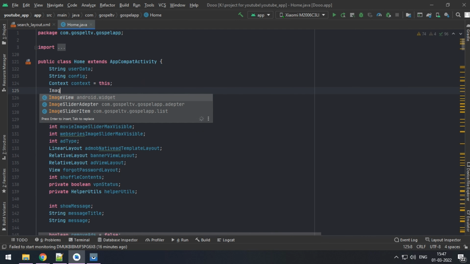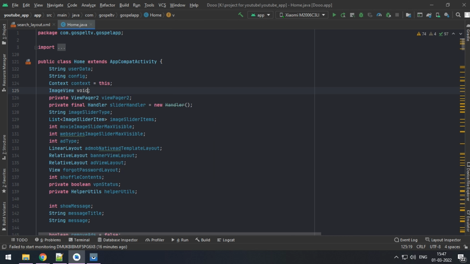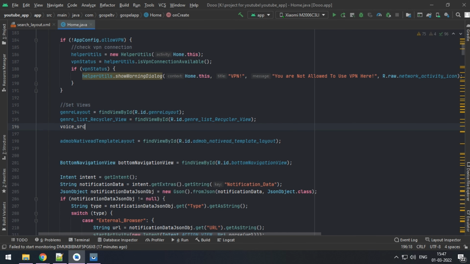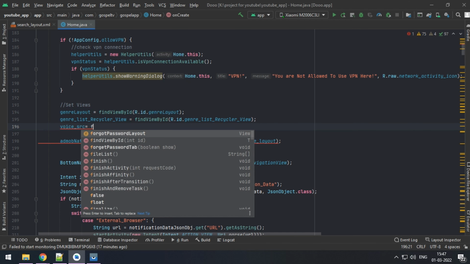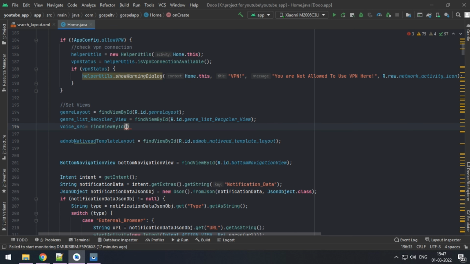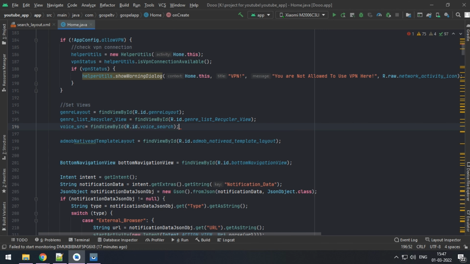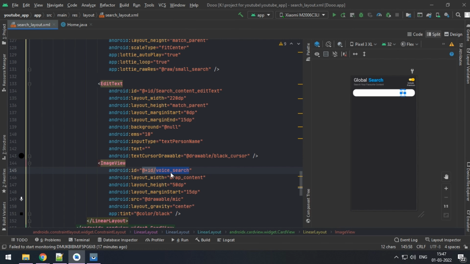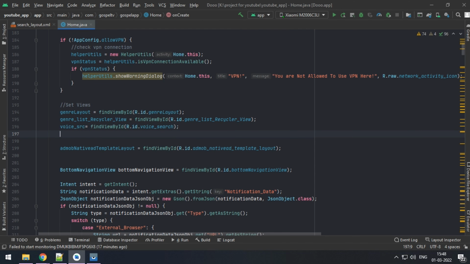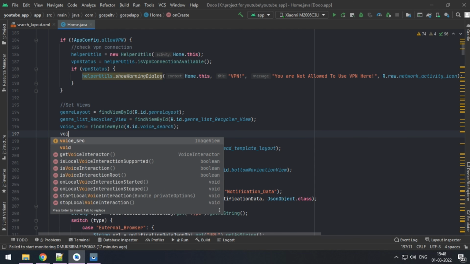First, we will declare our image view and its variable. Now, we will assign our variable to the design view using its ID. Next, initialize OnClick Listener.